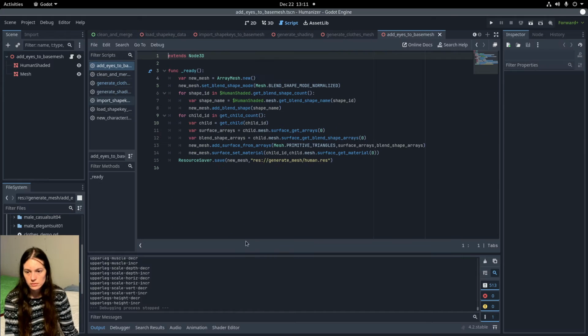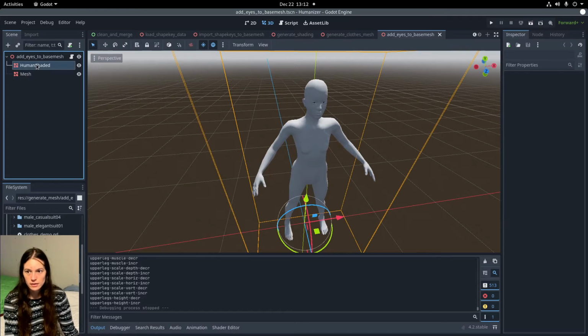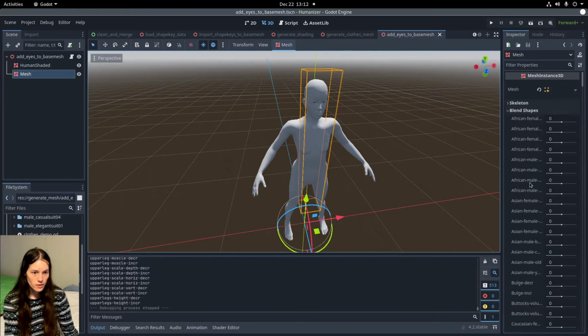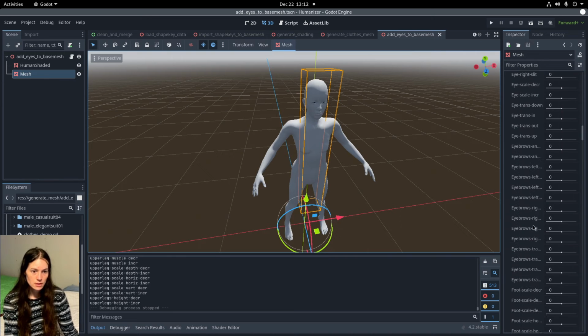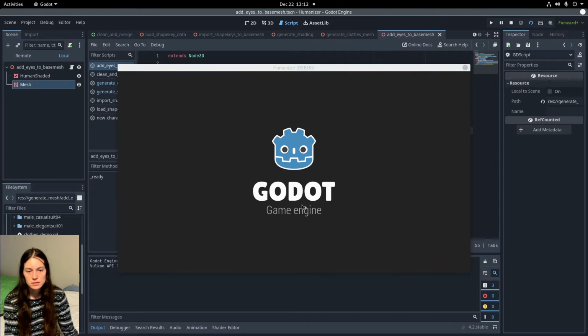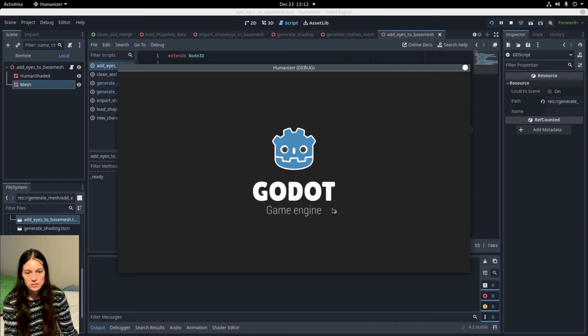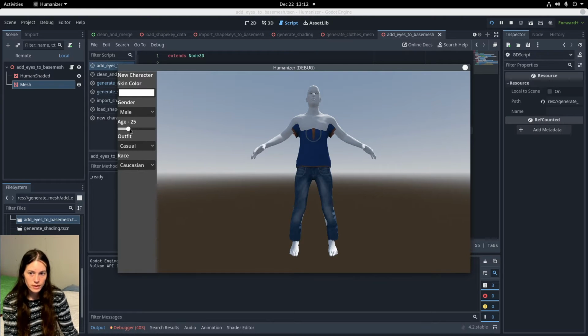So now I have the shaded human and the eyes with all of the same shape keys, and this just adds the eyes as a second surface on the array mesh. So I'll run that. And now if I open up the character menu, it shouldn't throw any errors, but you can see that